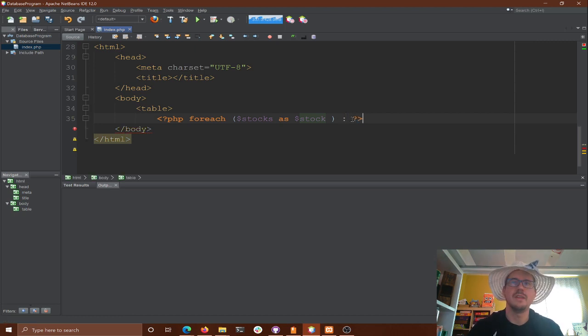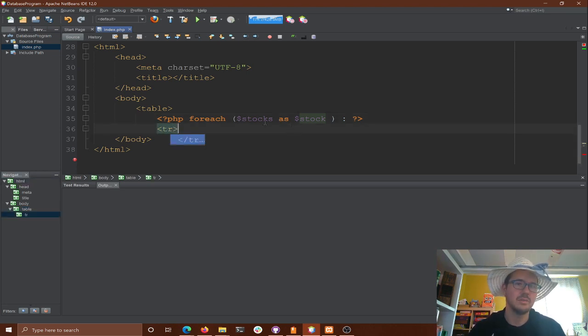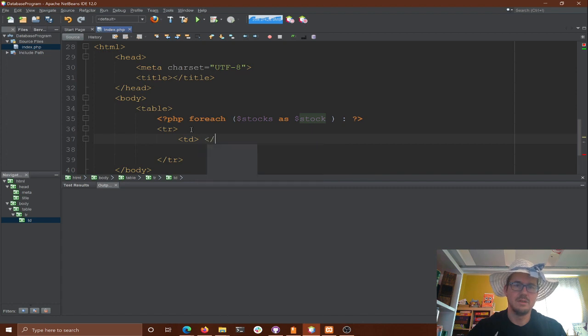Then we give it this crazy syntax. So we're starting the loop here for each thing that I want inside of this loop. Oh, I'm missing something in my code here. Sorry. Okay, so you have the foreach, and then now I need a table row. And if you haven't done web stuff, that's okay. So you start a table, you put a row in a table, and then inside of the row, you put a bunch of data. So table data, and then end table data. So the particular elements inside the table.